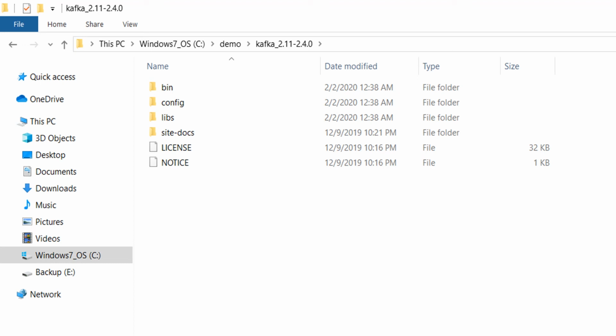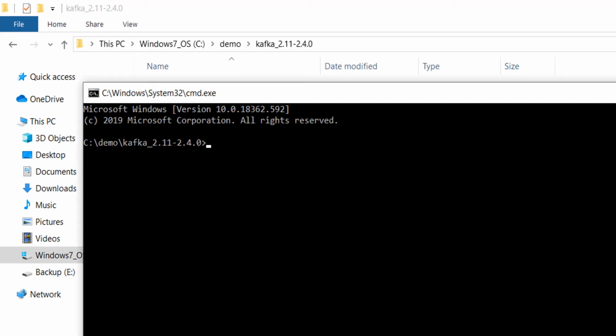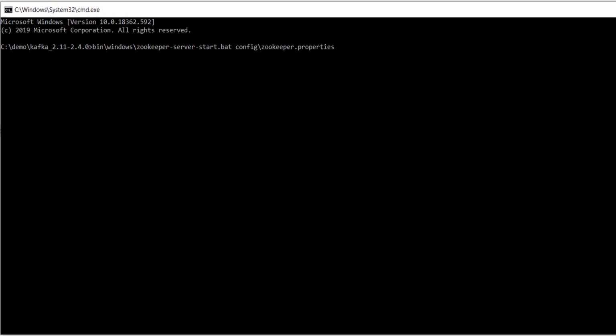So, what do we want to do? Two things. Start Zookeeper and then start Kafka broker. That's what we have done with Confluent Kafka, right? Let's start the Zookeeper. Okay, so here is the command which we use to start the Zookeeper. This command remains the same except for the Zookeeper configuration file location. Let me change it. That's all. Let me start the Zookeeper.